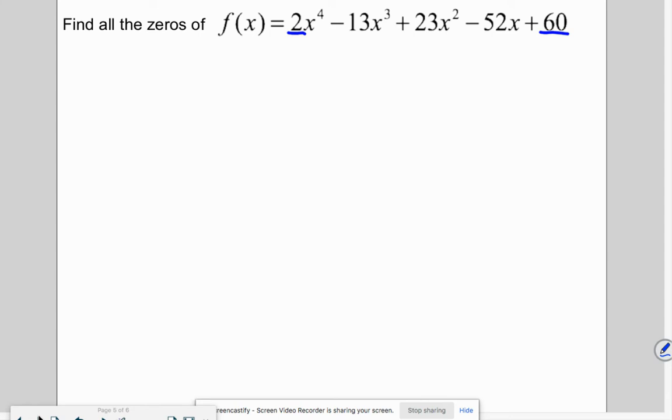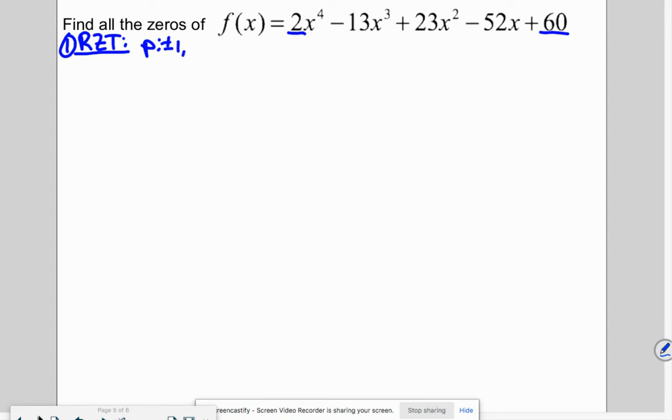So we're going to start off with the rational zero theorem. Okay, I'm just going to abbreviate it RZT, rational zero theorem, just so I can save some space and time. So all of the factors of 60 over all of the factors of 2. So here we go. It's going to be a long list. So all of the factors of 60